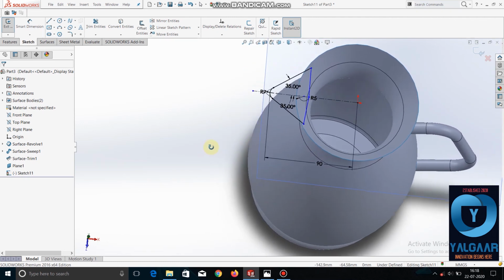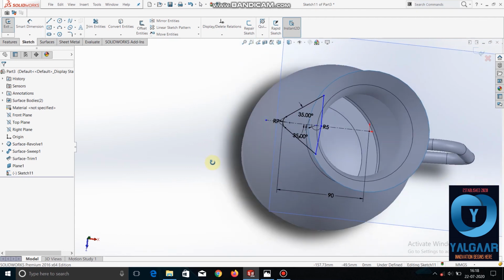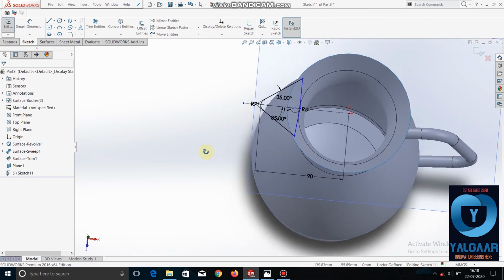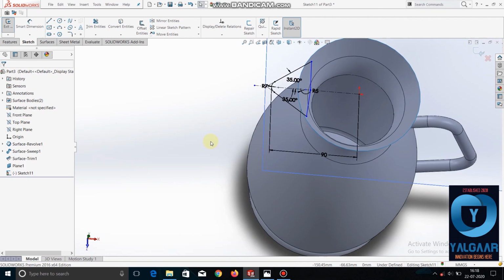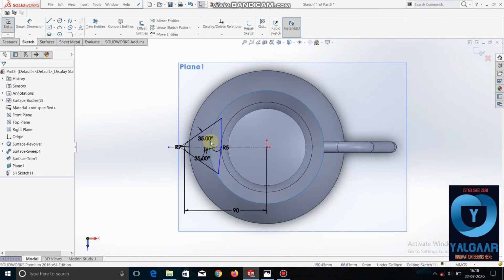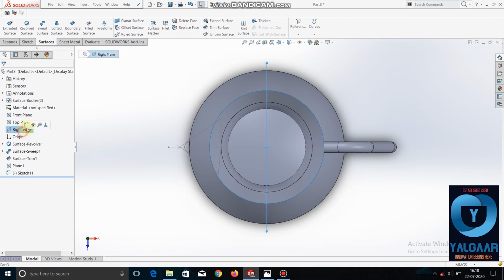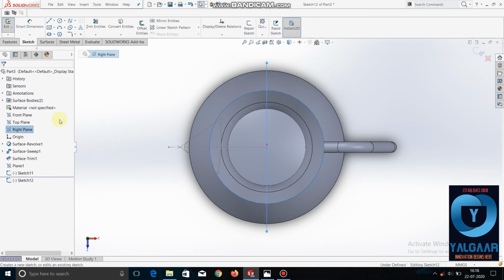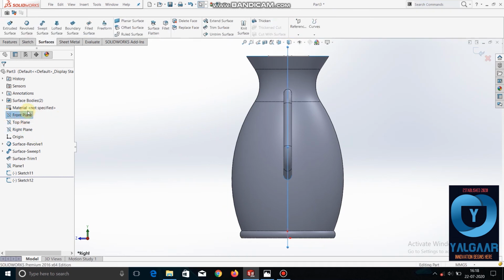So you can see here the sketch is done. Now we'll move on to the next part. Just hide this. We will go to the right plane. Or we can go to the front plane. So we have to draw a line here.